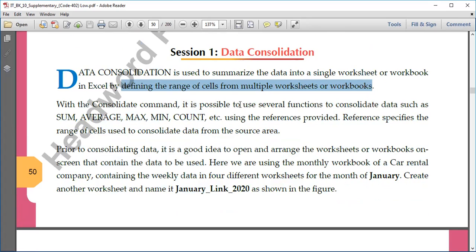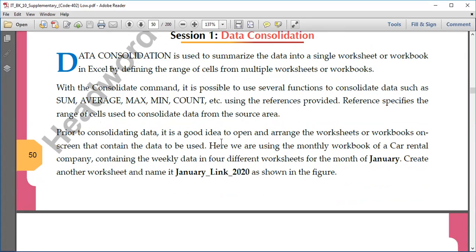It is possible to use several functions to consolidate the data, like sum, average, max, min, count, etc. The range of cells can be from various sheets.